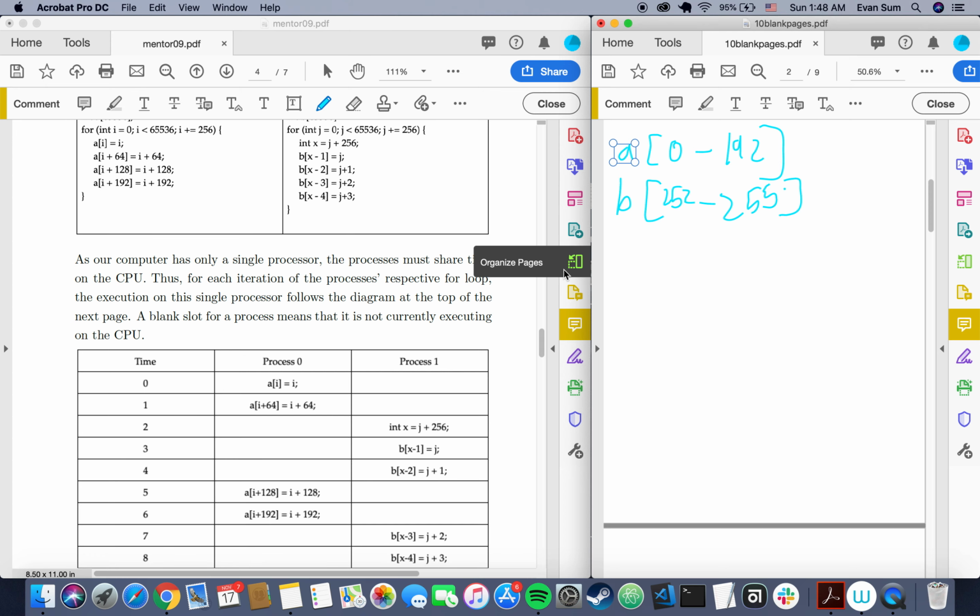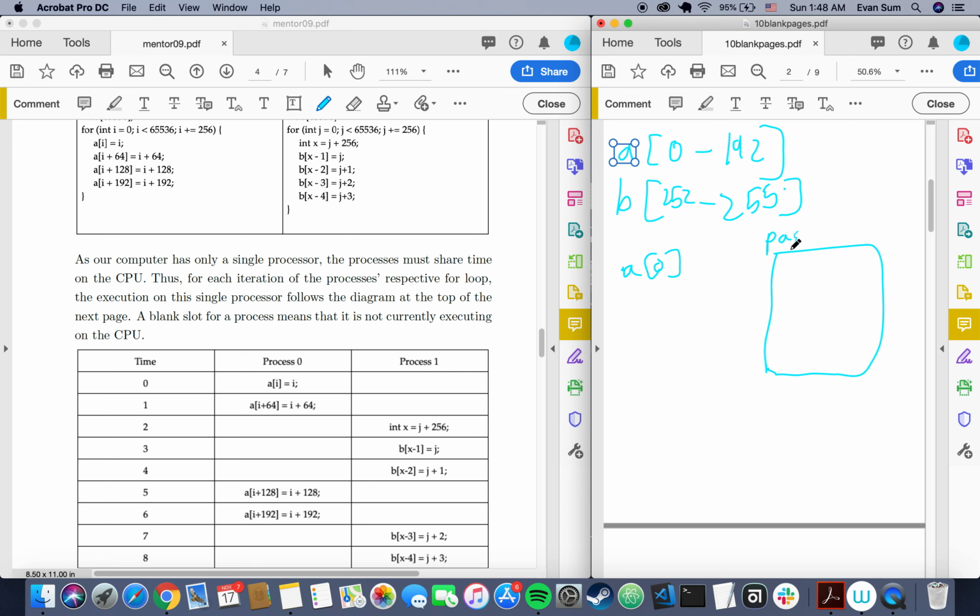But let's just start going in. At A1, A[I] equals I. I is technically 0 at time 0, because we're starting the for loop with I equals 0. So what we have is looking for A[0]. And this memory location, or this address, we don't actually have yet, because our